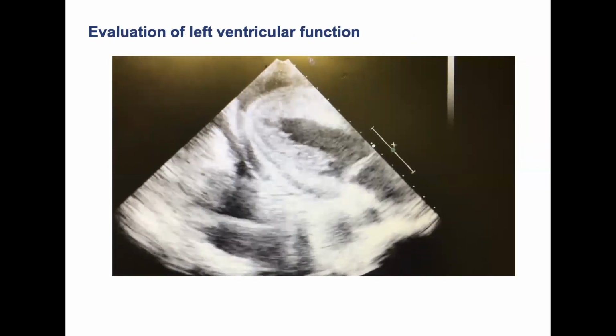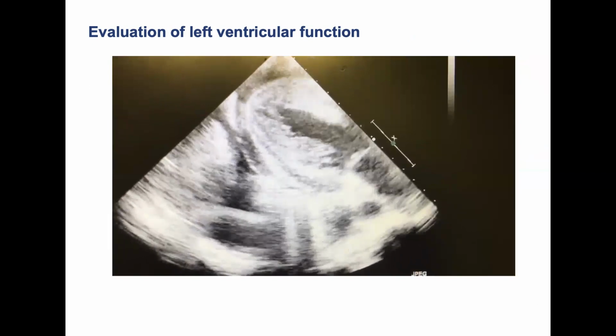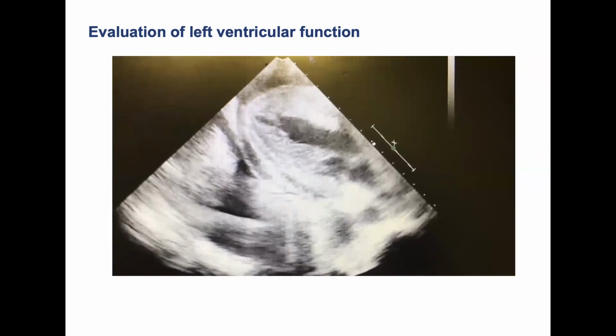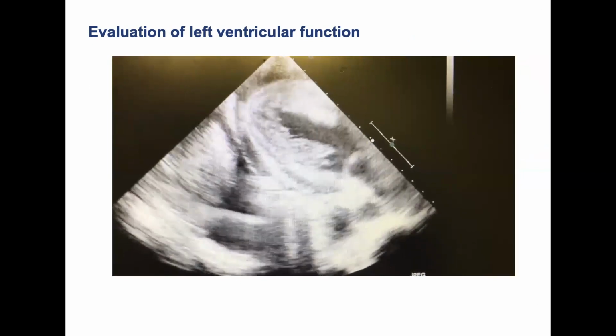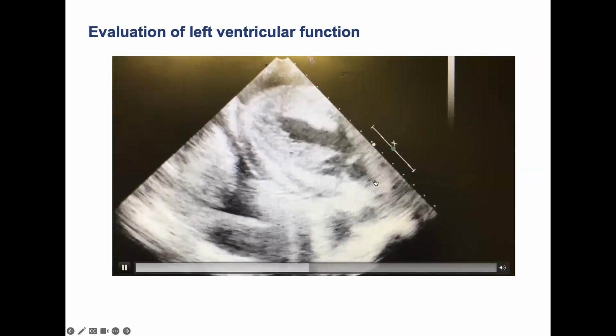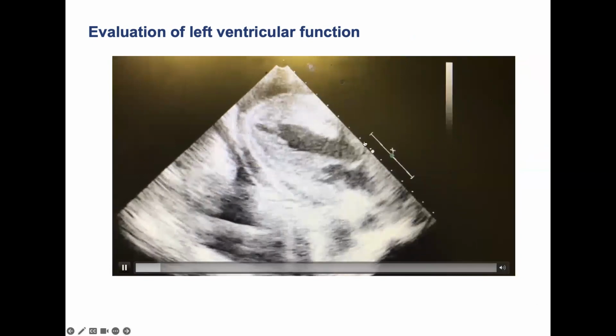So here's an ultrasound image that we can take a look at. And I like this image because it's a typical POCUS image, meaning it's not perfect, but it still gives us the information we need. So this is a very low parasternal long axis view where we see the left ventricle here, the left atrium here. Here's the anterior leaflet of the mitral valve. We don't even really see much of the